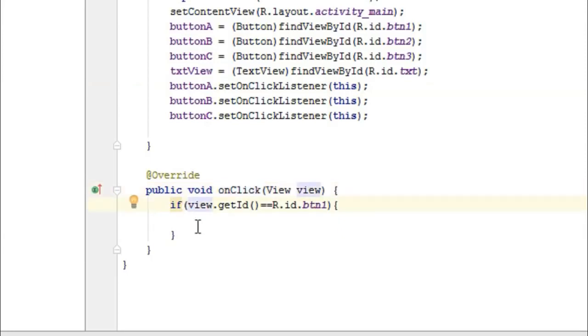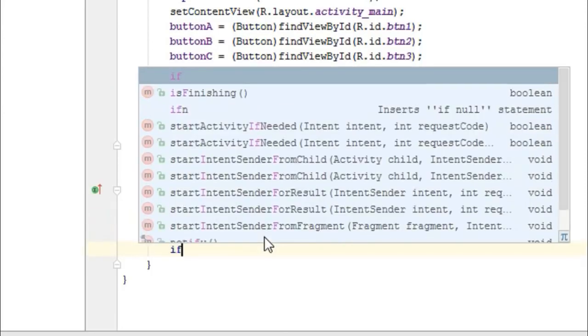What this does is it is going to get the ID of the content on which the user clicked, and then if that ID is equal to btn1, that is the ID of the button A, the first button, then we are going to execute the code that we want to run when the user clicks on the button A. Similarly, you can also say if